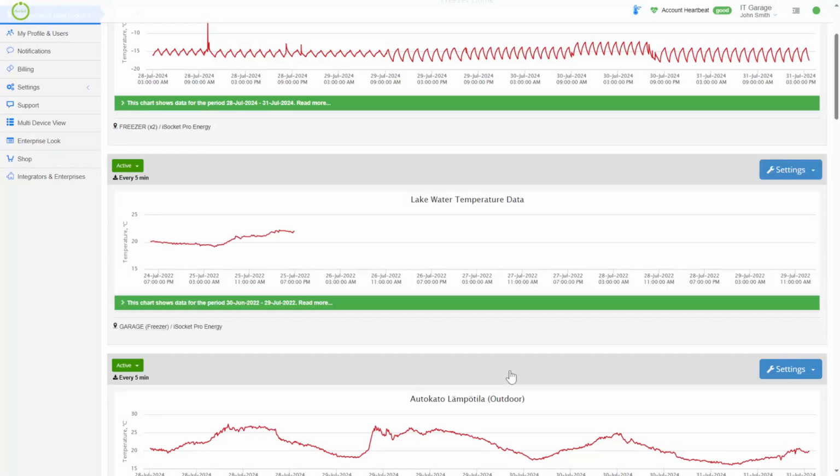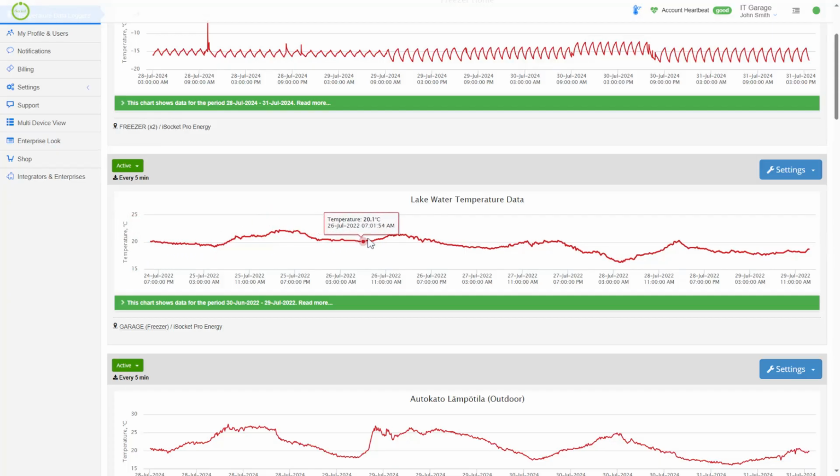And look what we have here. We have the graph starting from 24 July, which actually corresponds to the date when I began this experiment, from 24 July to 29 July. It's quite smart here. If we don't have data, we don't show it. And that was the lake temperature.